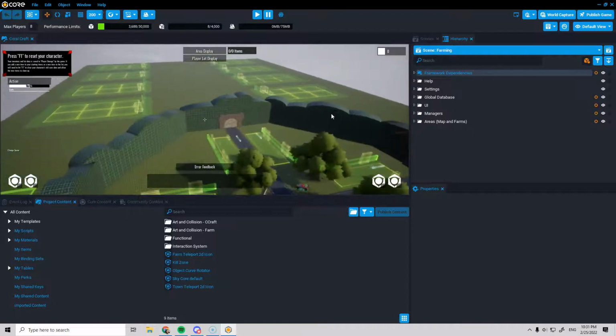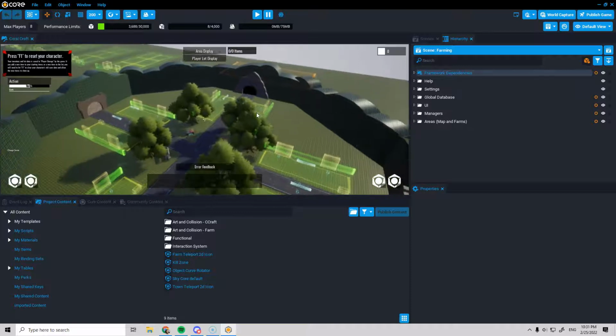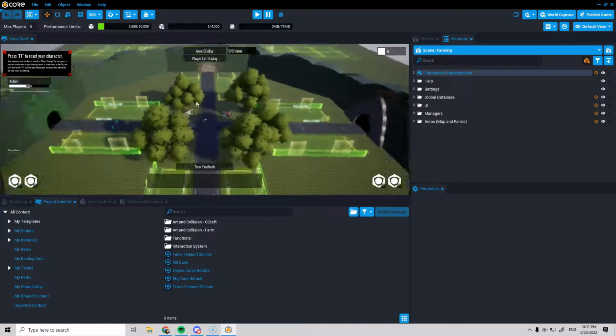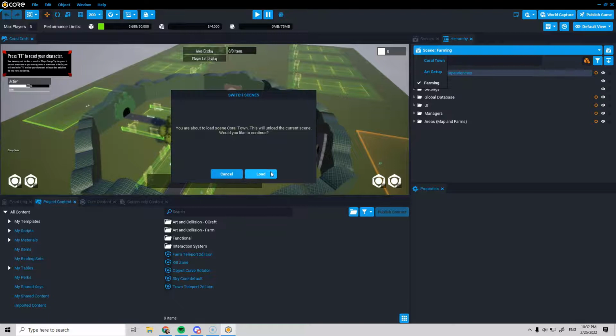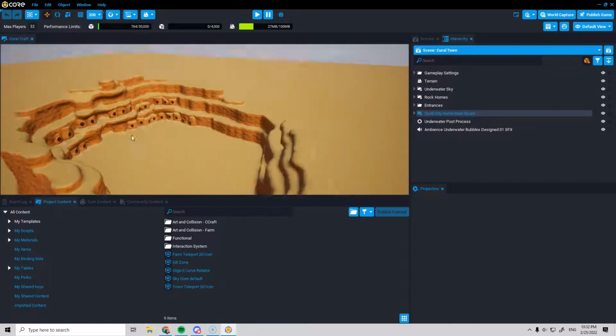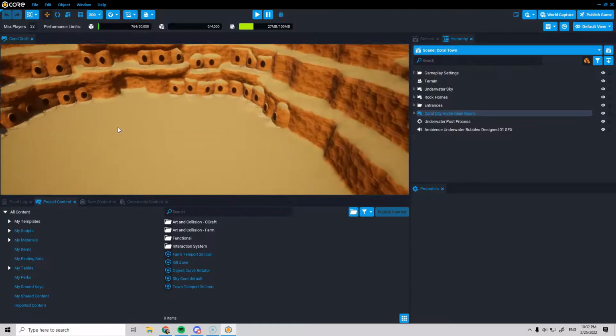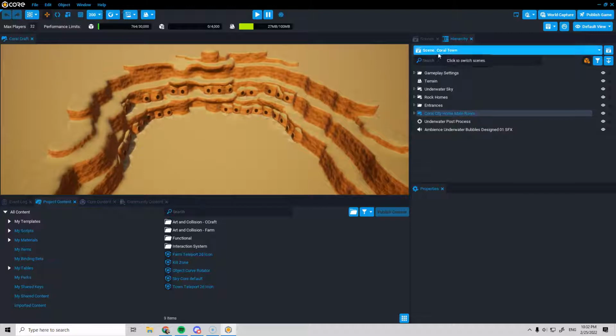So the first thing we're going to do is just look at what we have. I've taken the farming project and then I've added two other scenes. I've added a scene called Coral Town. This is the map that's going to be my new game. So this is the town area, or the start of the map. And then I have another scene that is the